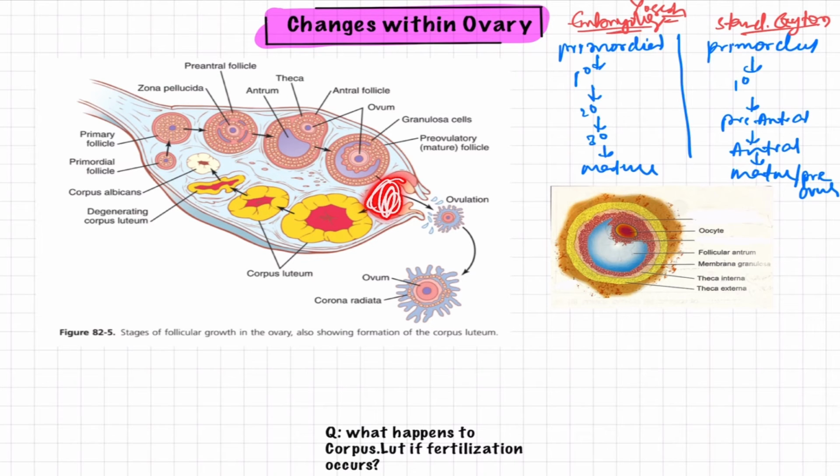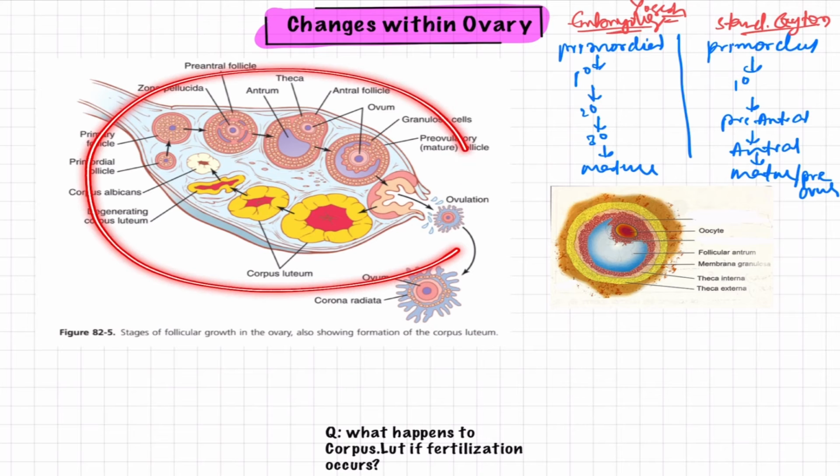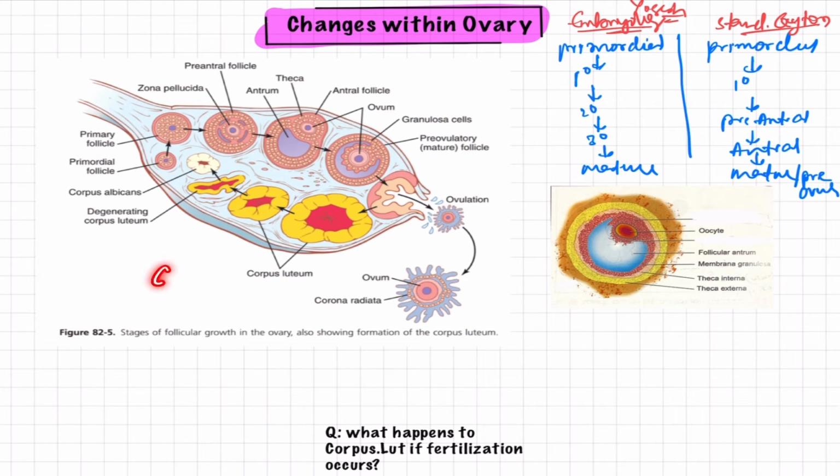will form the corpus luteum. This corpus luteum will degenerate to form the corpus albicans, which is white in color. It is a fibrous tissue. They get converted to fibrous tissue. So all these changes that are taking place in the ovary are all together known as